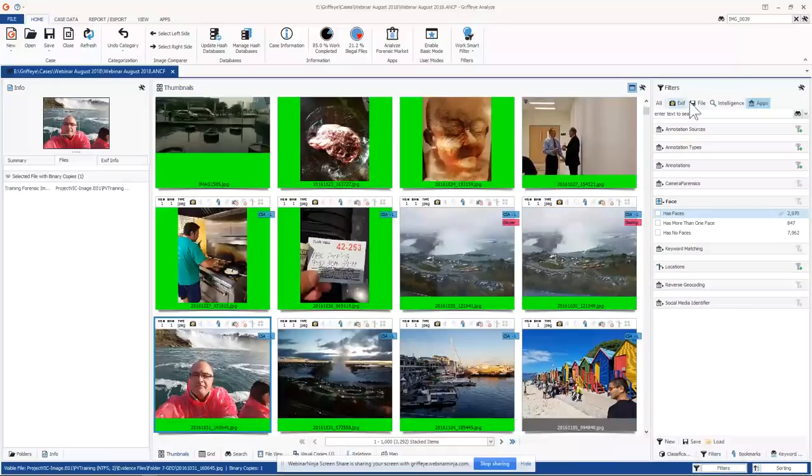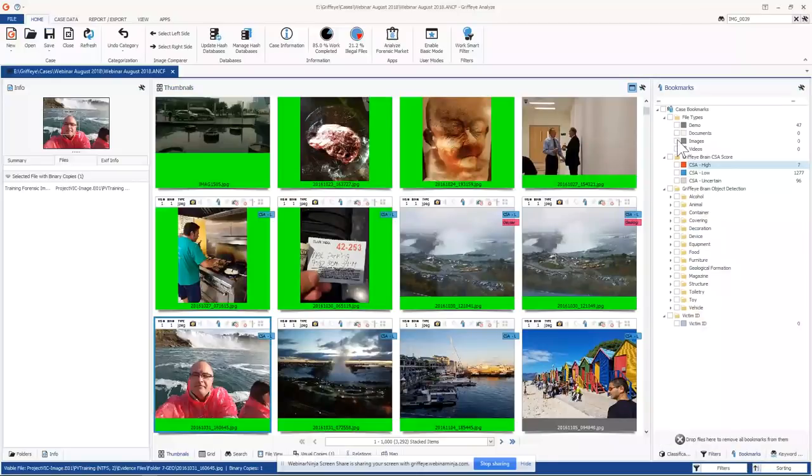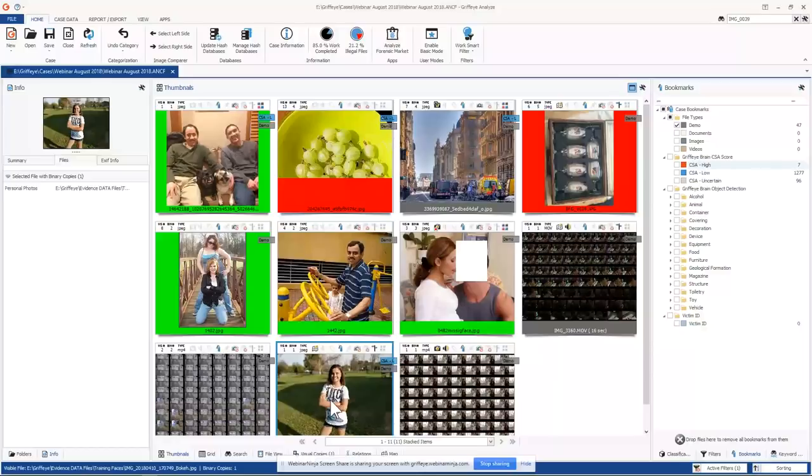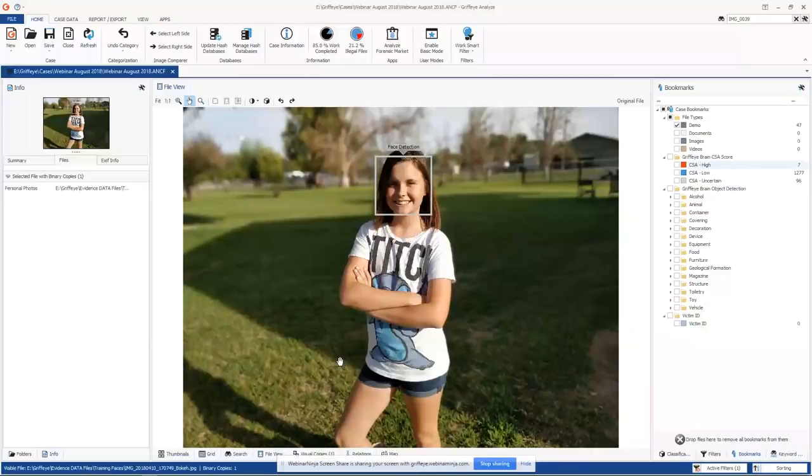So I'm going to go to my bookmarks and grab my demo file. So here's a picture of my lovely daughter who is kind enough to donate the images of her for this webinar. Let's say I've come across this picture in my investigation, and I want to see all the other images that have a similar face to my daughter's face.